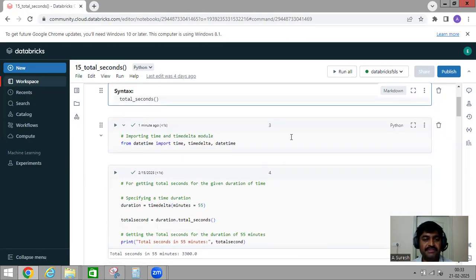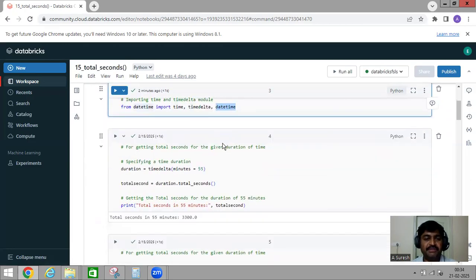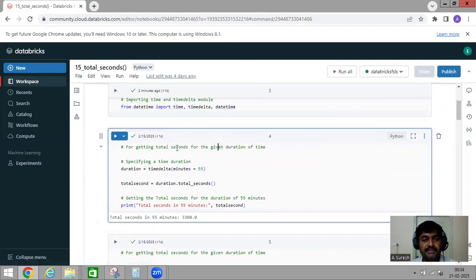First, I'm importing the required functions: from datetime, import time, timedelta and datetime. First, for getting total seconds for the given duration of time, I'm using timedelta and passing minutes as 55 minutes. So here what we'll get as output is,